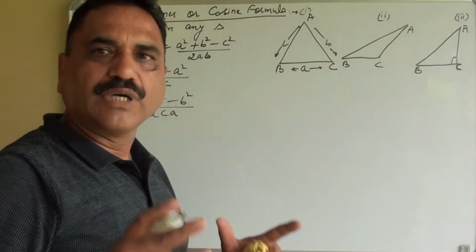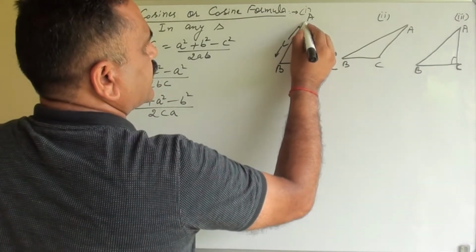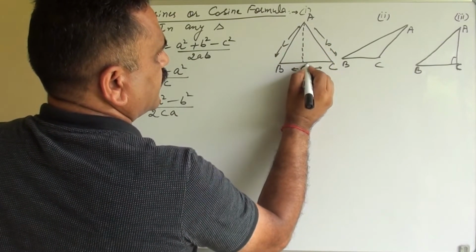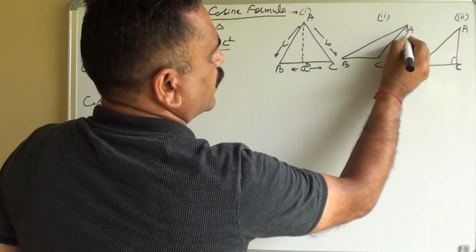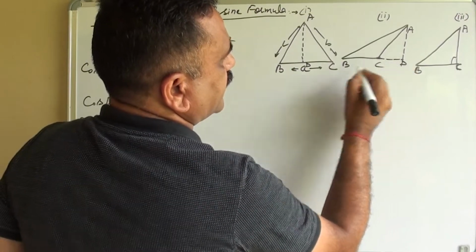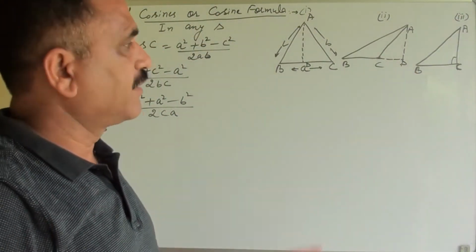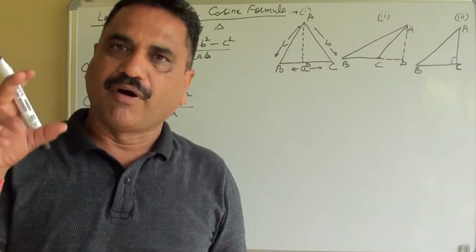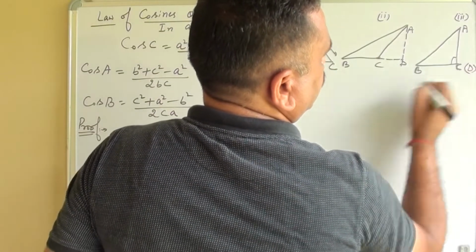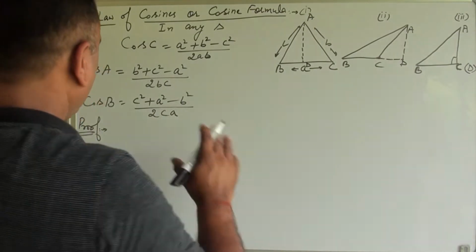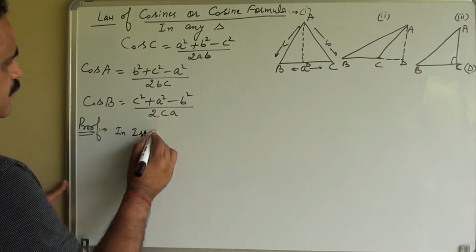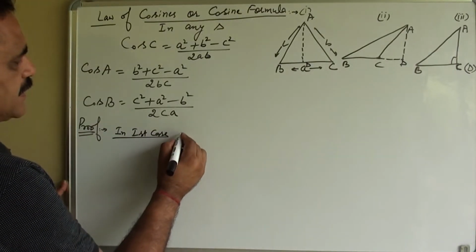So we have to do the construction. क्या construction करोगे? AD जैसा हमने साइन फॉर्मूला में देखा था, AD perpendicular BC drawn and BC extended if required. अगर हमें जरूरत है, जैसे सेकेंड केस में, इन केस ऑफ ऑब्ट्यूज ट्रायंगल वी आर इन नीड टू एक्सटेंड दिस BC, तो वहां पर एक्सटेंड करेंगे, और जहां जरूरत नहीं है वहां इसको एक्सटेंड नहीं करेंगे. सो इन फर्स्ट केस, that is figure 1.